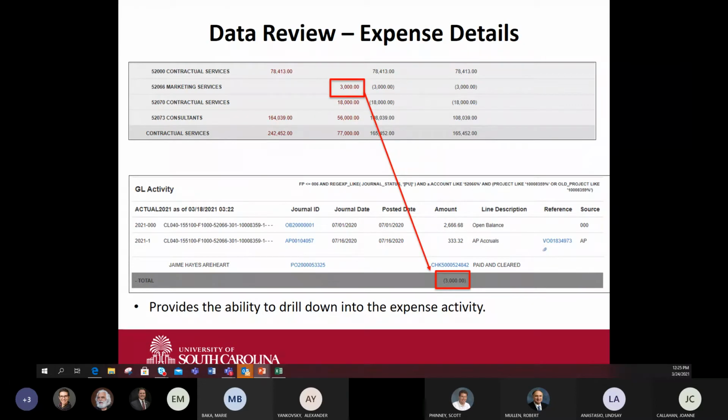So for this example, we're going to drill down into marketing services. So we're going to click on the life-to-date expenses of the $3,000. Once you click on that, it'll show you what makes up that $3,000. So it looks like we've got one expense, and then it'll bring us these two expenses, and we'll notice it just gives us an opening balance. So anytime you see OB, that means